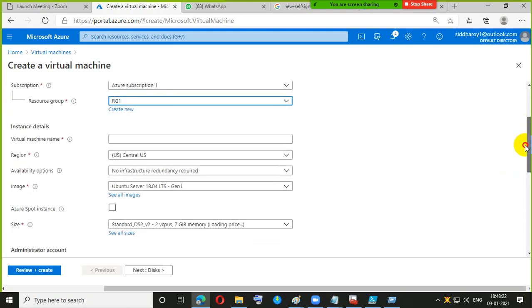RG1, let's say my VM, and it is in Central US.